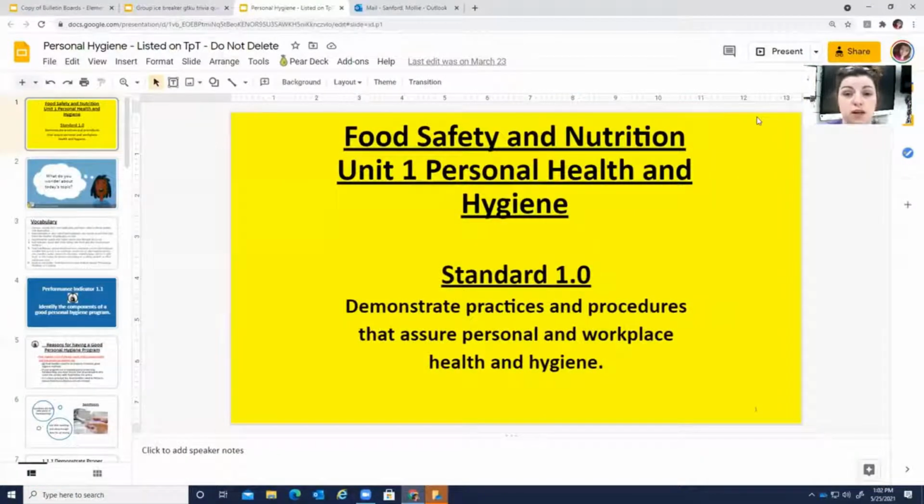Okay, so first thing you want to do is pick out which Google Slides or PowerPoint you want to use. If you don't have Google Slides, you can just use your PowerPoint, but you do have to convert it to Google Slides and upload it to your drive. I'm sure many of you already know how to do this. So I've got a food safety and nutrition, Unit 1 personal health and hygiene Google Slides